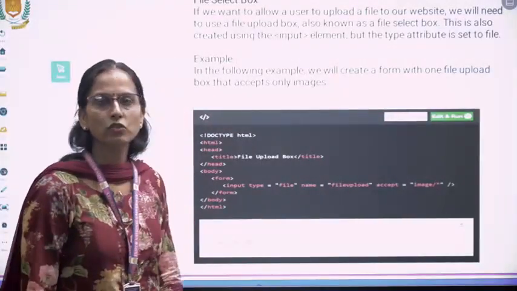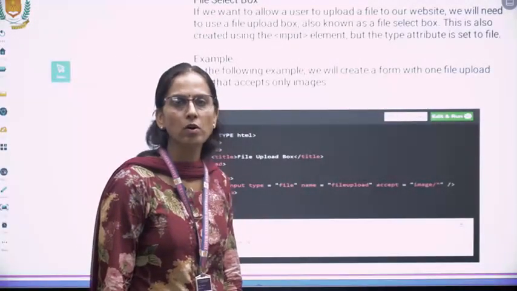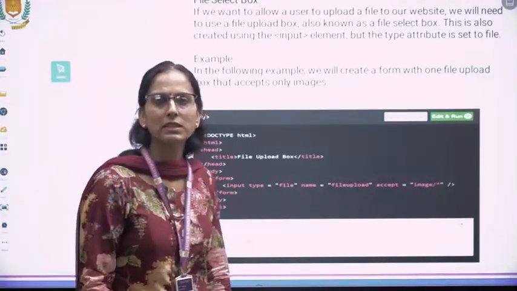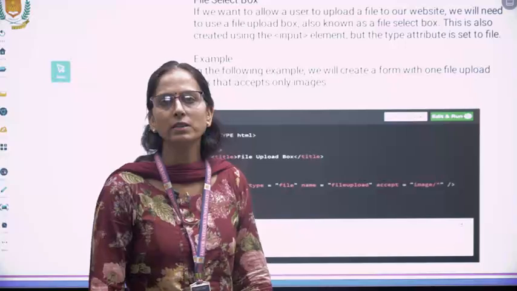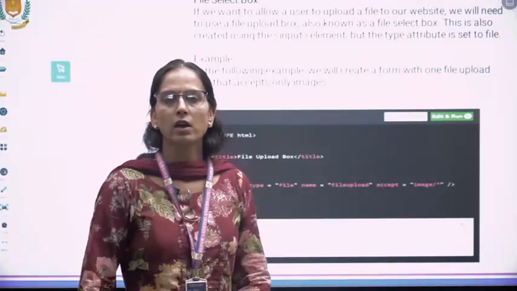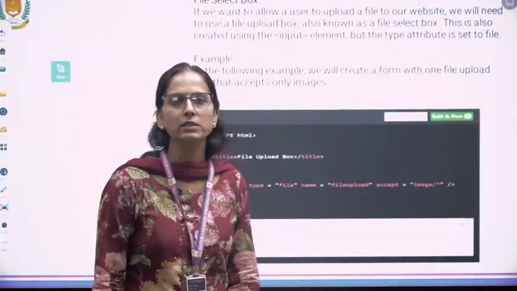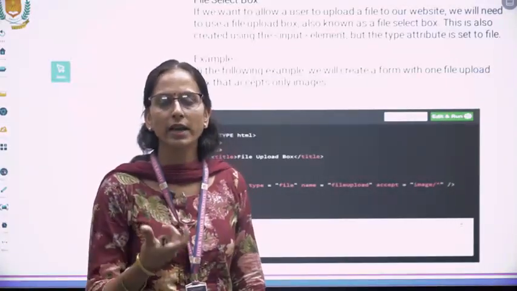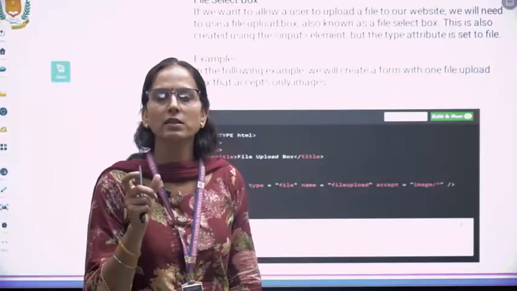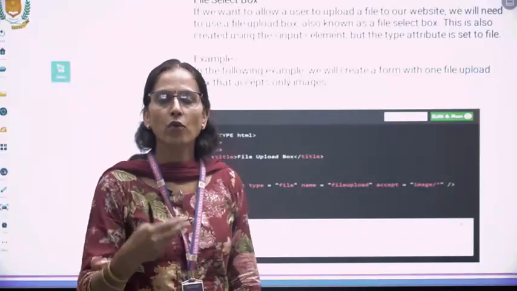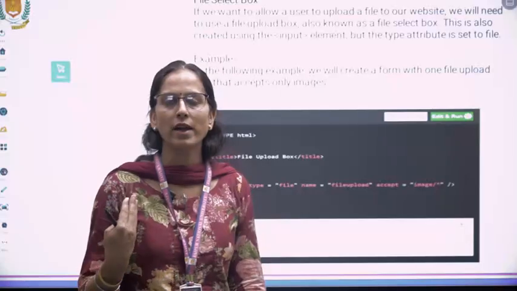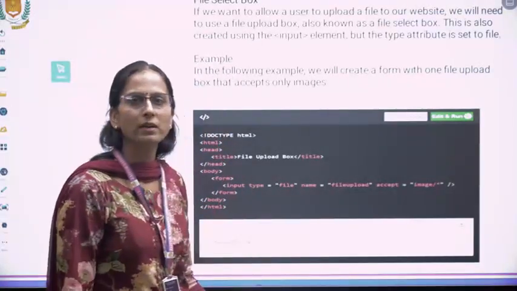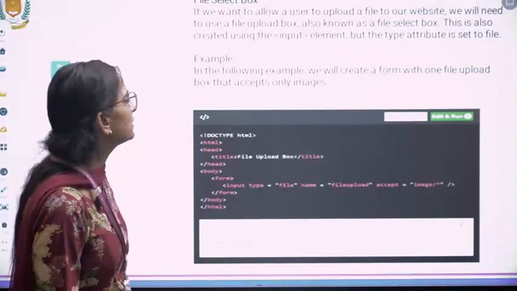Now the another control which we can insert in the form to represent different information is the file select box. File select box is a kind of box you must have seen while surfing websites, a browse button, location and select file. These types of buttons are available on the screen, from where you can choose a particular file. You can browse the file from the local disk. So that type of button can be created using the file select box.